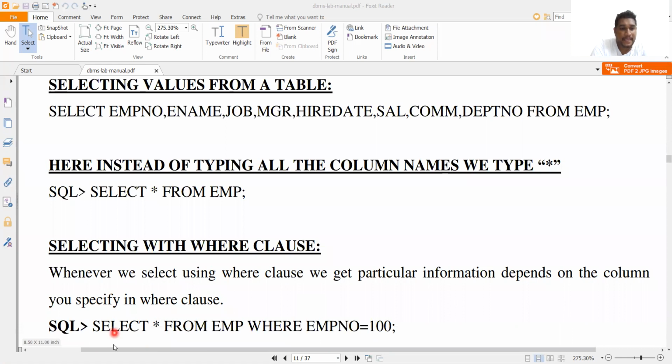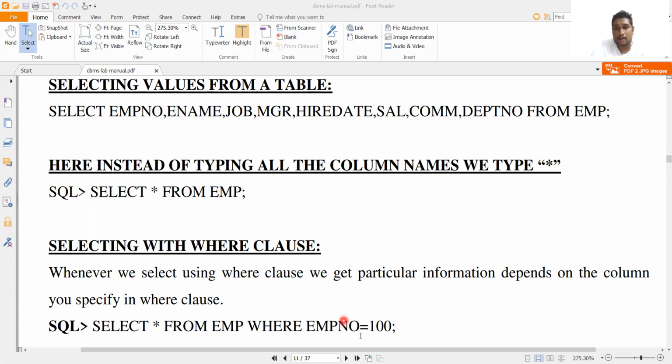Okay, see, select star from table name. Already you know that select star from table name means all data, but I want particular data, so where employee number. This is a column that was represented here. For any where clause, we have to represent it with the attribute name followed by the row value, depending on the column you specify in the where clause.